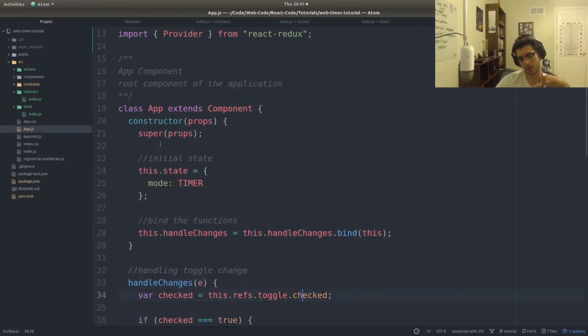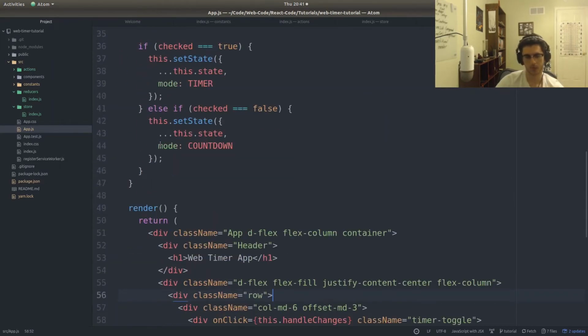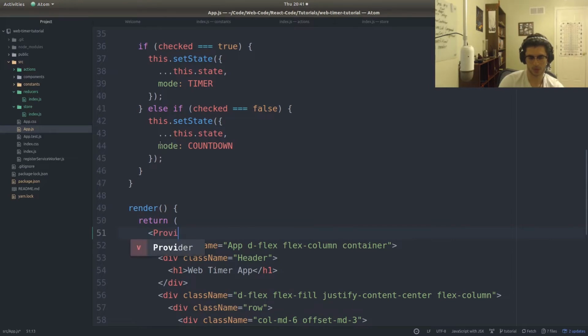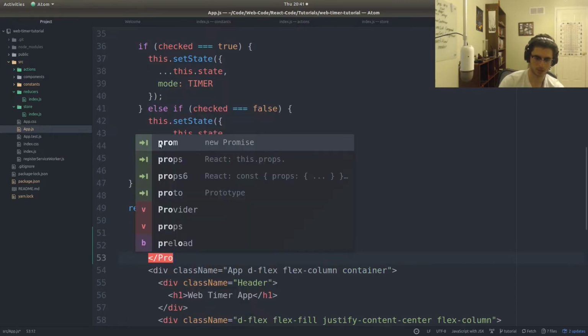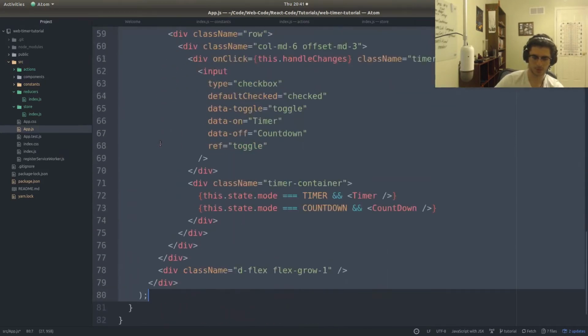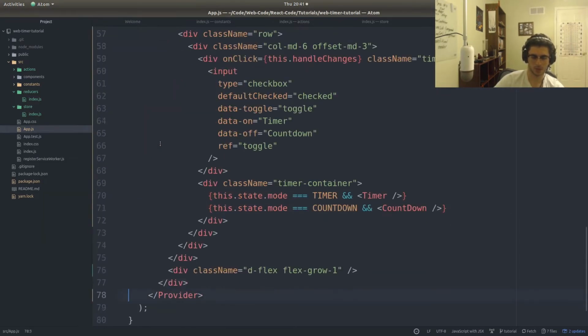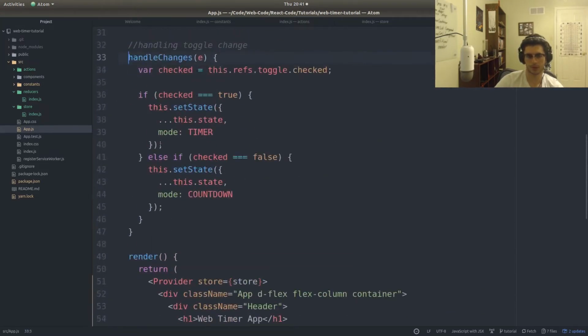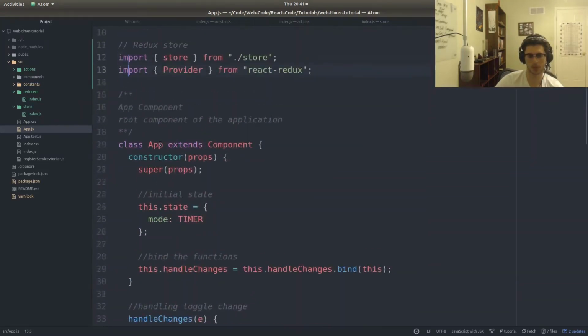Then we just go here to our app, then we just put it in a huge provider, set the store equal to store in curly brackets, closing tag, then we take all of this, right, and we put it in here. So now, and to test it, so we can see if it works,